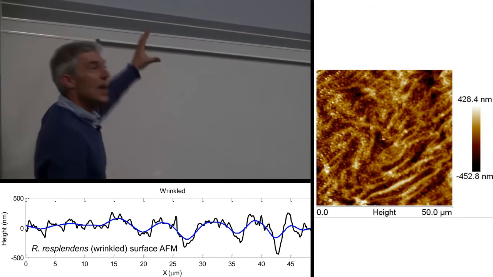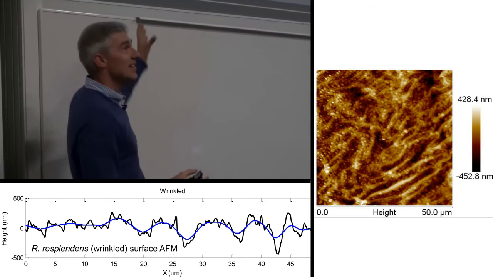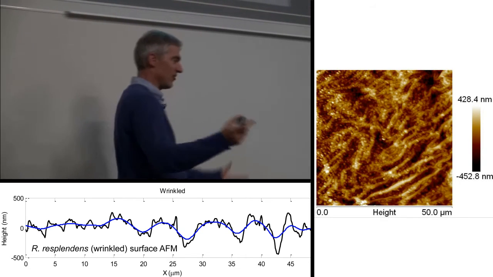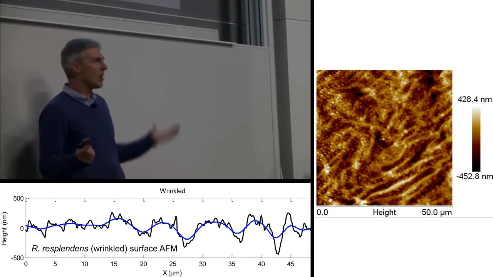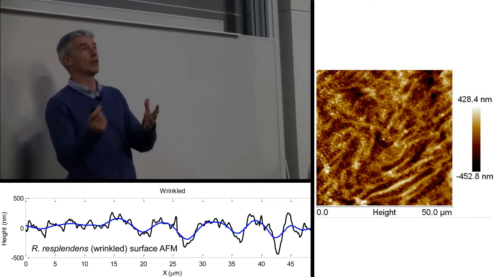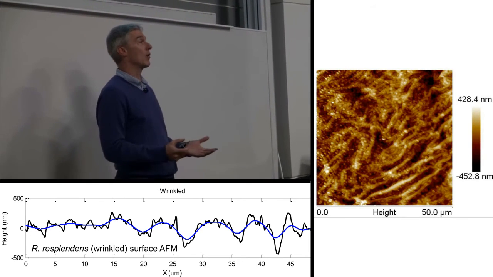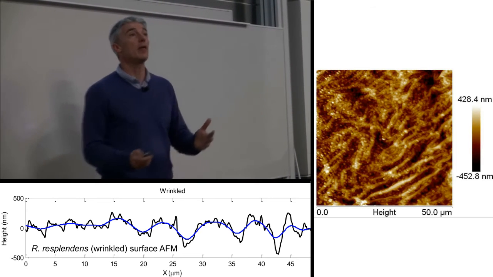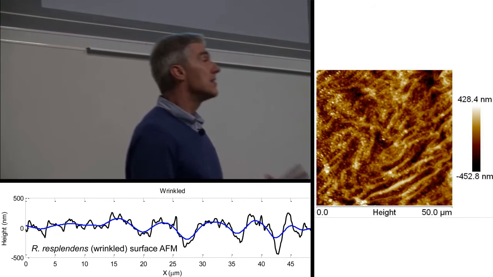Now, we have no benchmark. I can tell you that this is a really wrinkled surface, but you can say, sure, yeah, but how do I know it's wrinkled? How do I know it's not super wrinkled, or just relatively flat for a biological surface? Well, let's compare it to a typical damselfly.